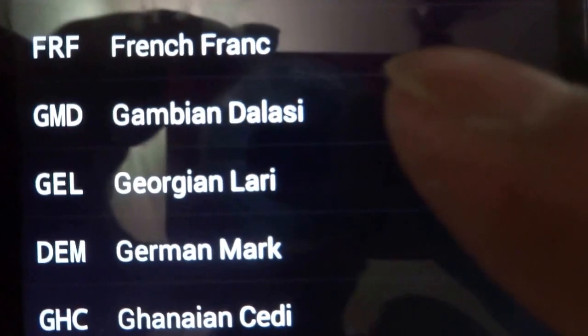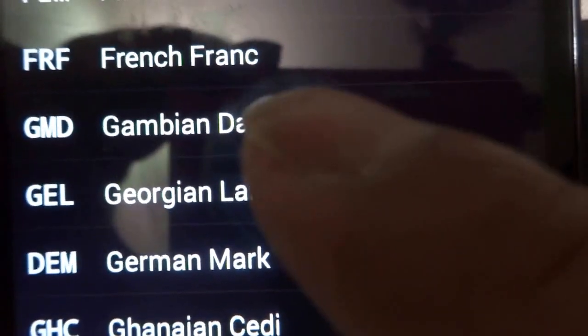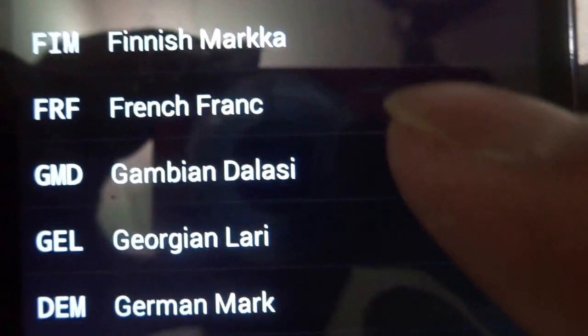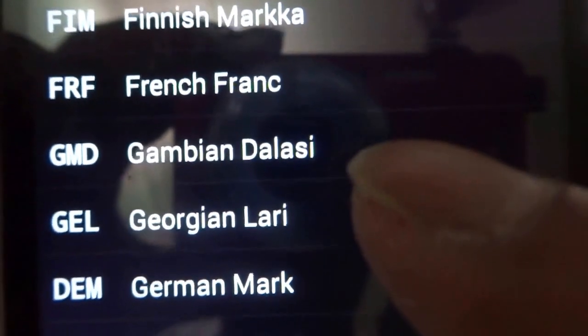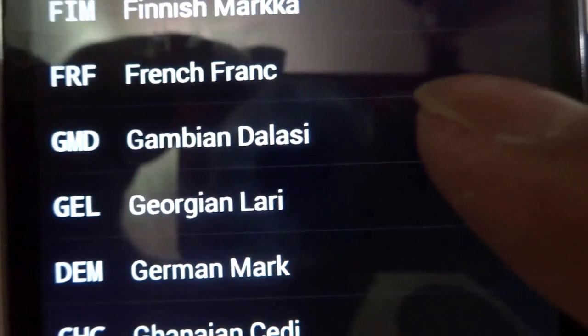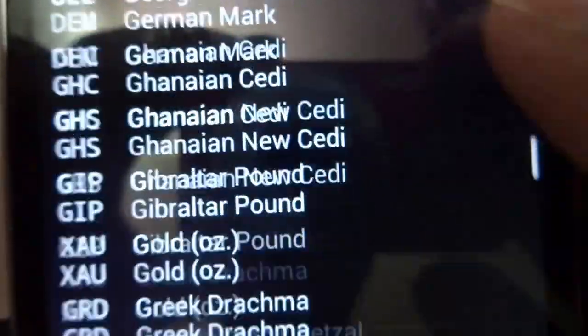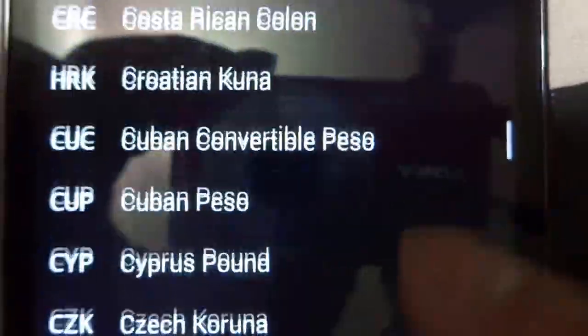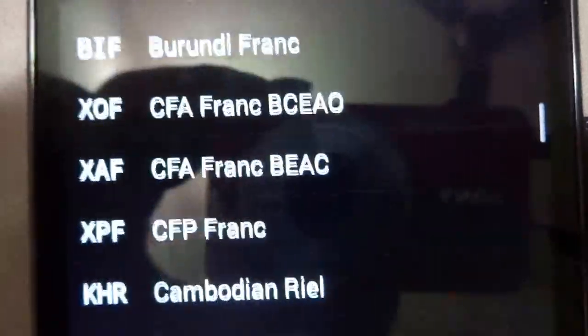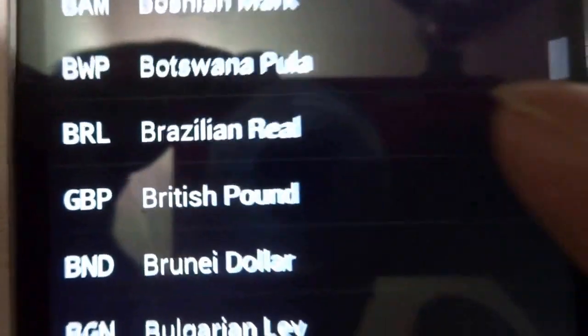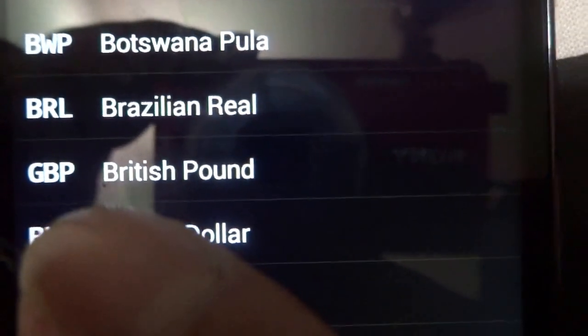So while I was looking for the British pound, I was looking in G. Then I found that there's only these Gambian and Georgian options in G, so I knew that it's not in G. Then I thought maybe it's in UK or some other thing. Then finally I found that it is over here under B, as in the British pound, but then the short form is GBP.